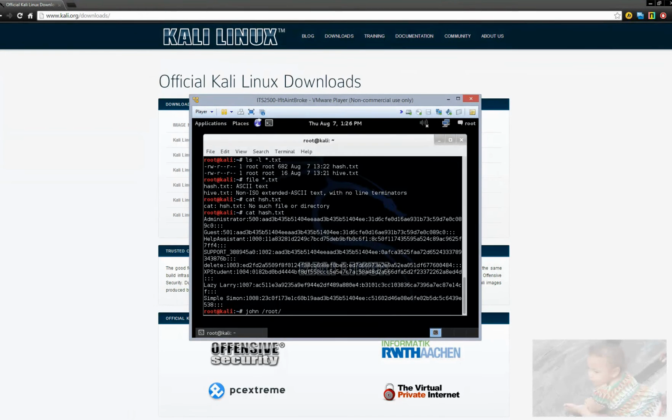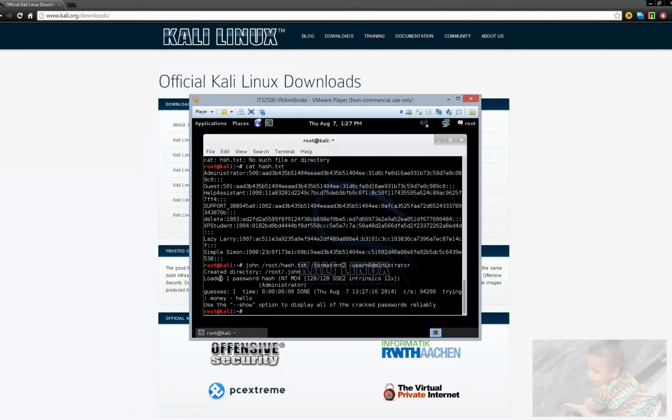We're going to tell John that we want to look at root hash.txt. That's the file of interest right here in the directory where it's located. We do need to explain the format that this data is stored in, which is NT2, and we also need to specify a user account of interest here, which will be the administrator account. Let's go ahead and hit enter,